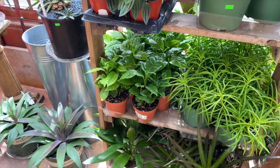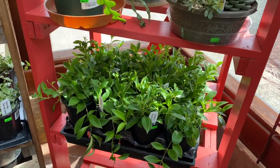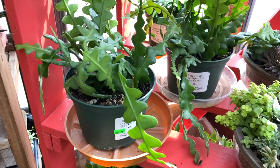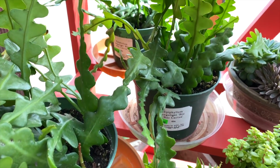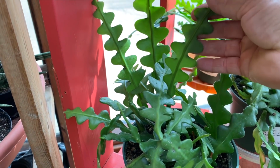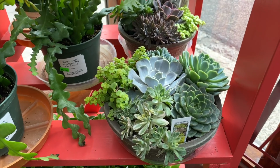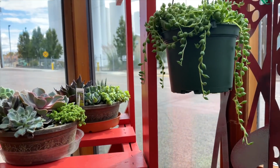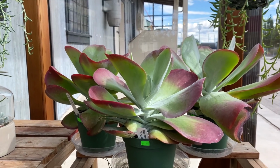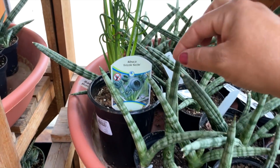There's coffee plants down here. Looks like more Mahogany agaves. Lipstick. This is called Purple Star lipstick plant. There is this epiphyllum. This is one I don't think I've ever had before. They're really cool looking. They look like my hedge trimmer, actually, or like crimped hair, maybe. A few bowls of mixed succulents, string of pearls up there, huge kalanchoes with beautiful coloring on the edges, Sansevieria right here, and a frizzle sizzle,